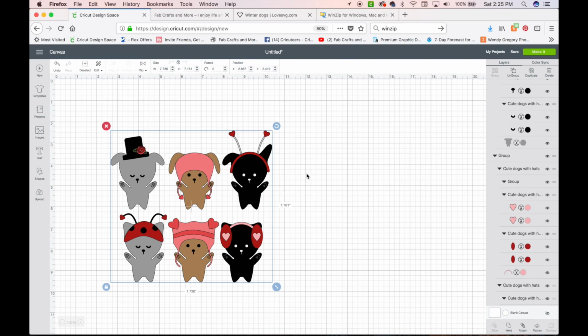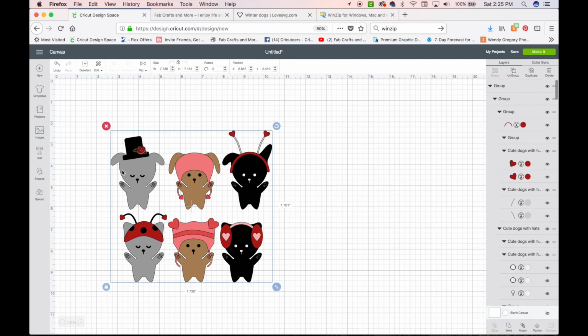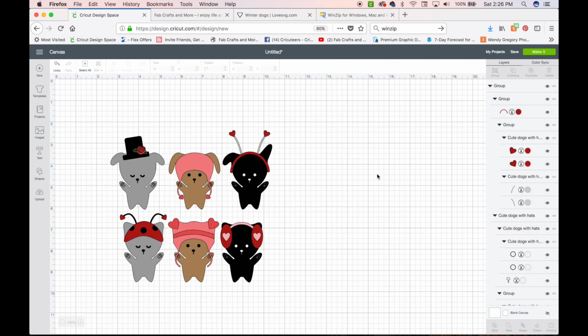stuff. If you come over here and you start clicking on it, right now they're all grouped together. So if we want to move them around or change things on them, because it looks like with these files you can put the hats on whatever animals you want to because they're all in different layers. But in order to do that right now, we need to ungroup. So now that we've ungrouped, all of the